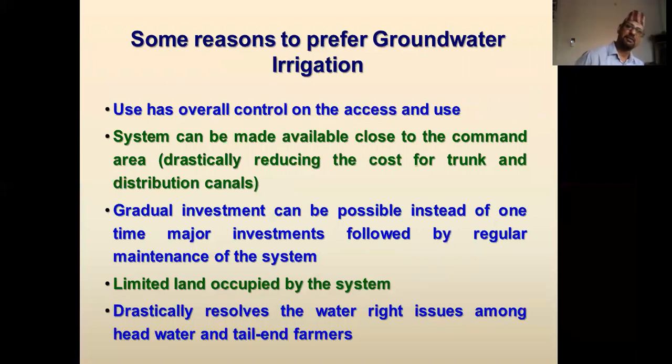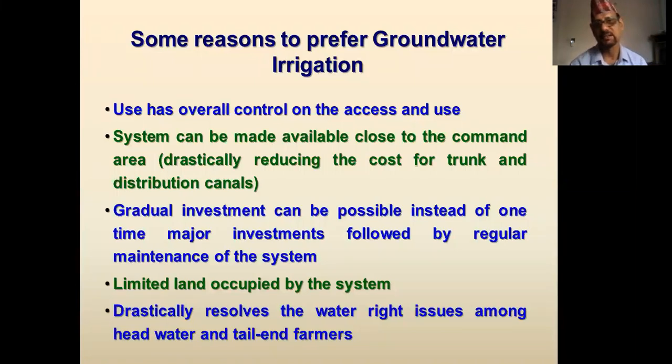And with this background, there are some aspects, reasons to use groundwater. It has controlled access and use. System can be made available close to the command area for irrigation or even for the drinking close to the settlement. And gradual investment is possible, whereas it is not possible for surface water. And limited land is occupied by the groundwater system, whereas for the surface water irrigation system, the canal network or